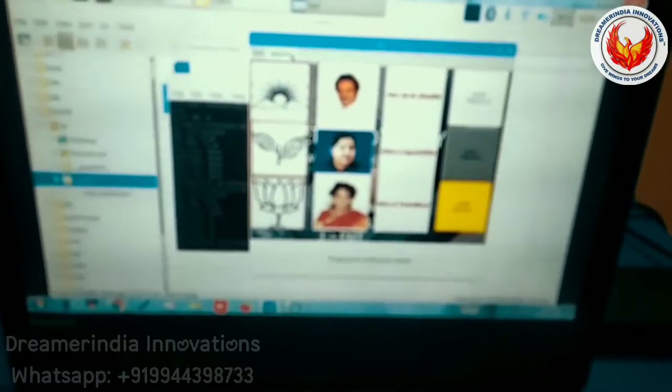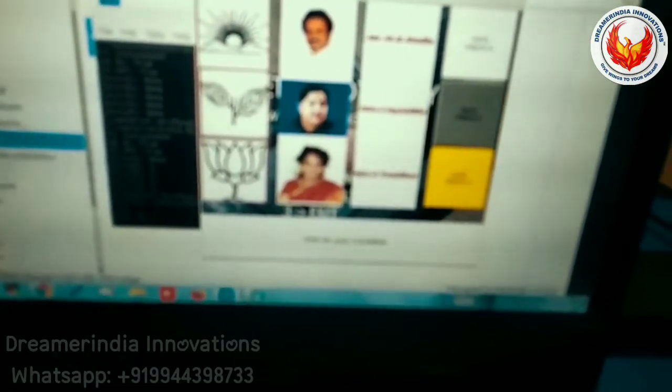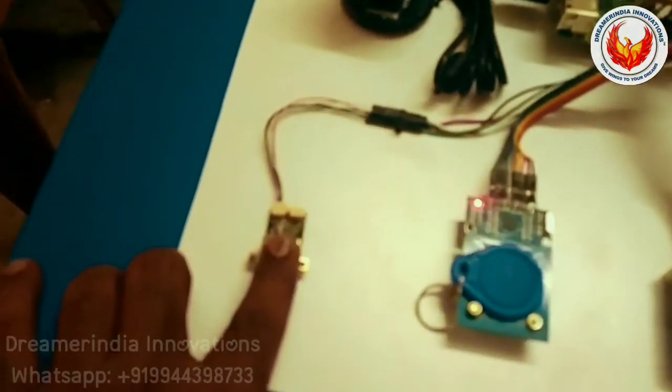I have entered this screen by using a different key, so I am not able to vote now. So I need to go back and click on vote, and I have to keep the exact key. The key number will be stored, and then I need to vote. Then only I can vote. I cannot enter with a different RFID and different finger. Both should be the same.